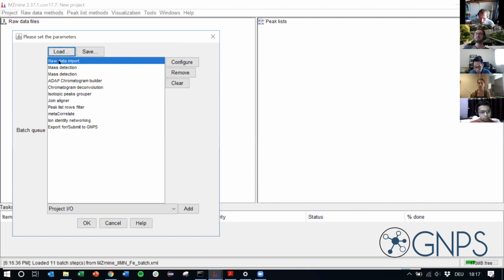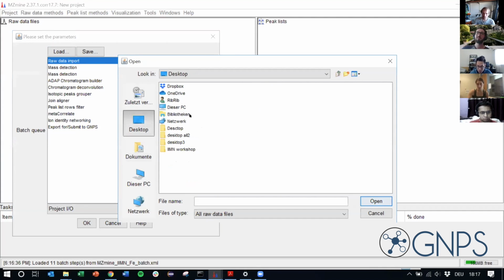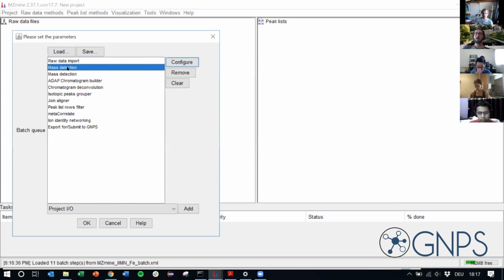And then the only thing that you have to do is first you have to change the raw data import. So we go on configure for the raw data import. We select the raw data files, the mzML files provided in the MassIVE folder. And then most of the other steps are actually fine. And we only have to fine tune the last one. So you select the raw data files, and what MZmine will do is it will run mass detection and